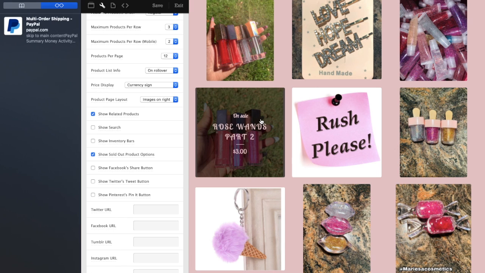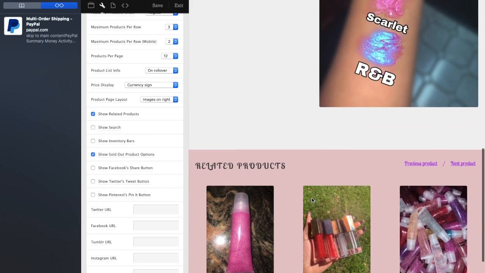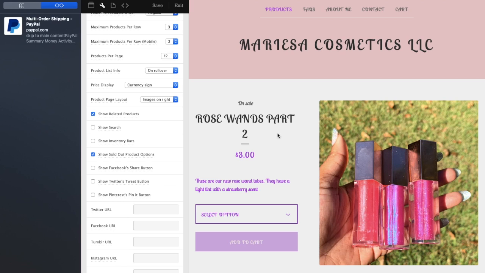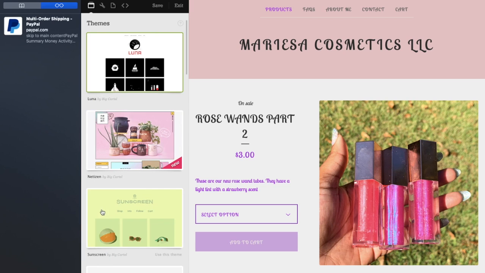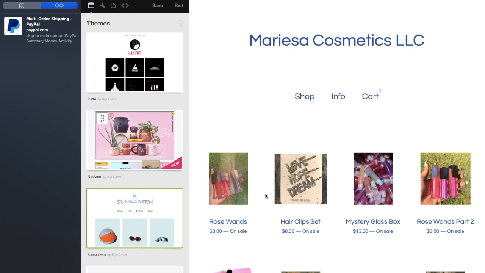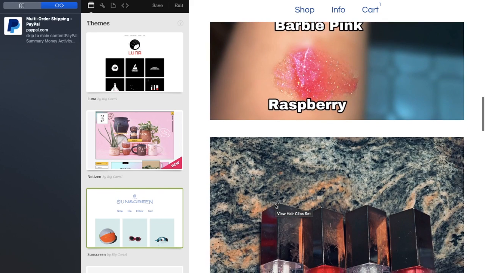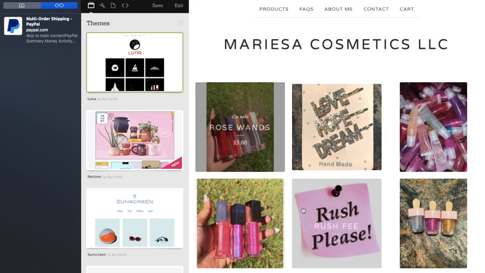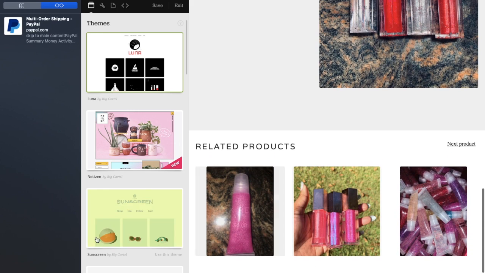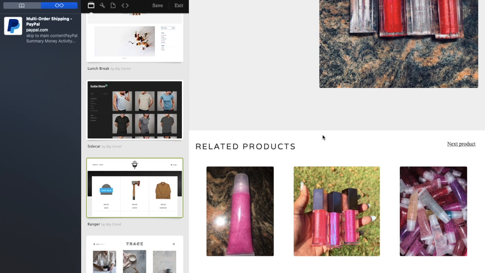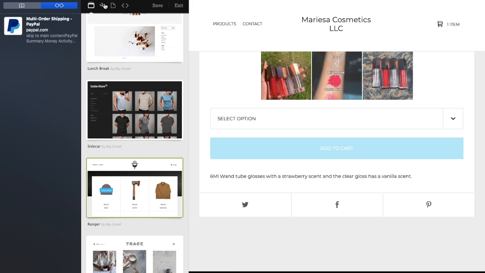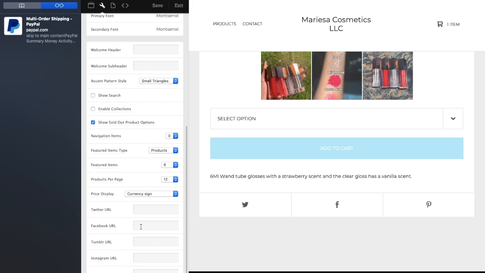If you want links, for example the Twitter button, the Facebook button and the Pinterest button, you have to be on a certain layout. So let's say I chose screen. It's only on certain layouts. I'm not sure which layouts. Maybe it's on Luna. Let's see. Nope, so I don't know. It really depends on which one you choose. It'll pop up. But yeah, you would just go back to settings and put in your Facebook URL, Tumblr, Instagram, Pinterest. And then when they click on it,